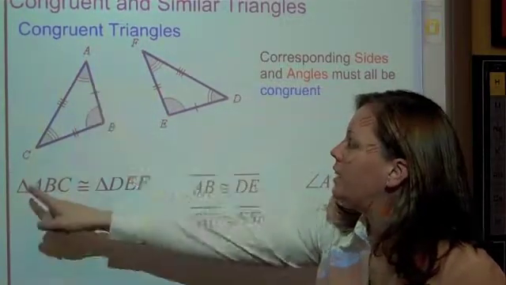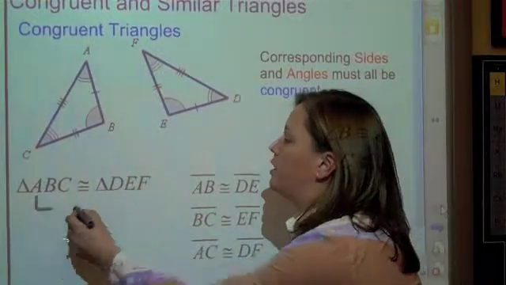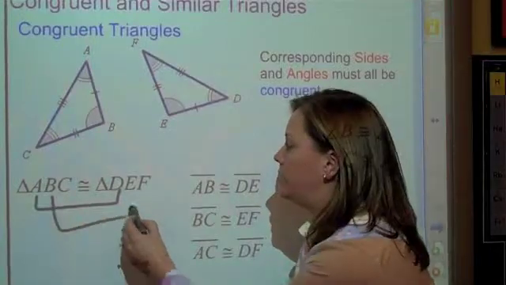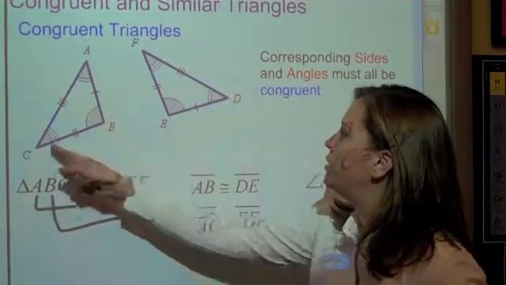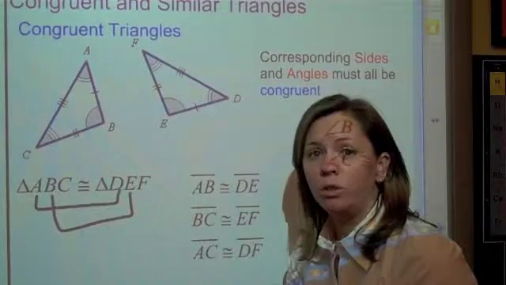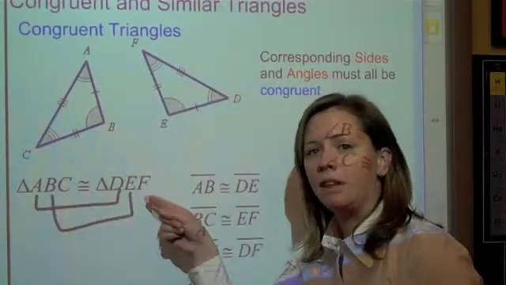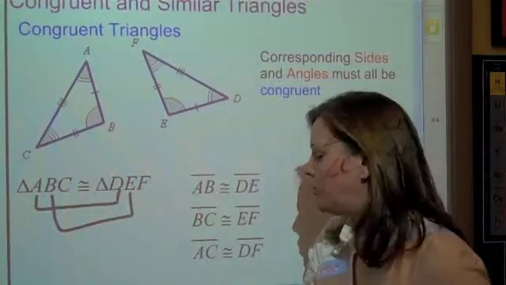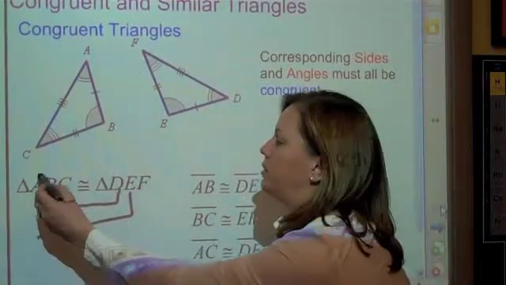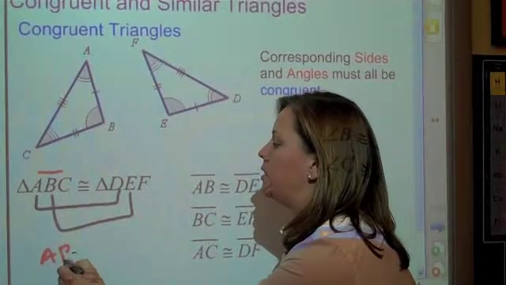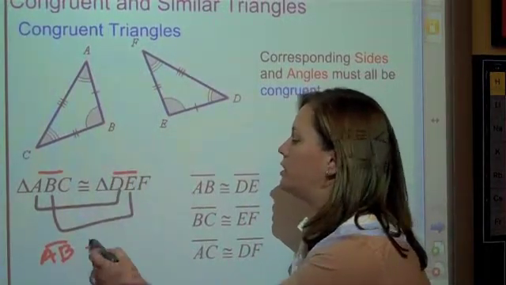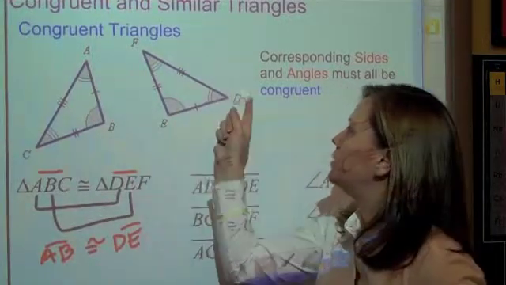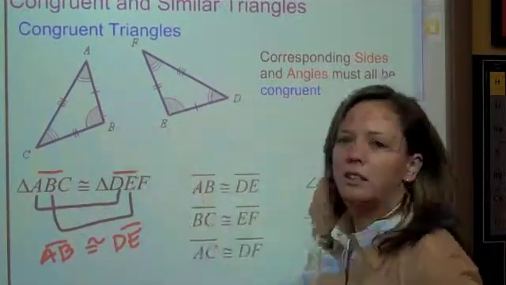So angle A is going to be congruent to angle D. Angle B is going to be congruent to angle E, and angle C is going to be congruent to angle F. The order that you write the congruency statement really matters because it's going to tell you which angles are congruent. It's also going to tell you which sides are congruent. So for example, side AB is going to be congruent to side DE, and we can see that in the diagram by the